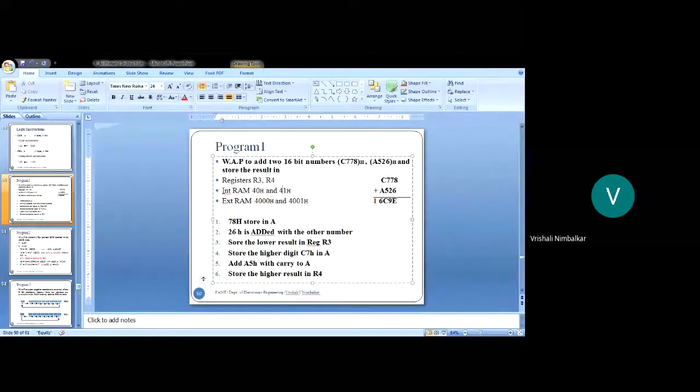Now the statement can be save the result in internal RAM 4041. Okay. So tell me students, what modification will you do to save the result in memory, what modification will you do?